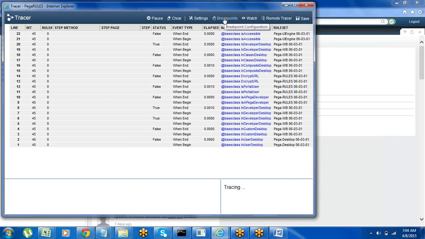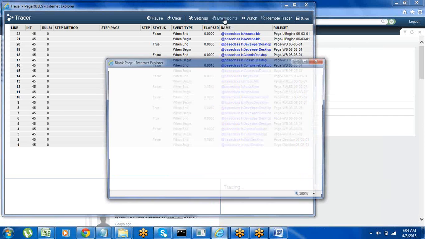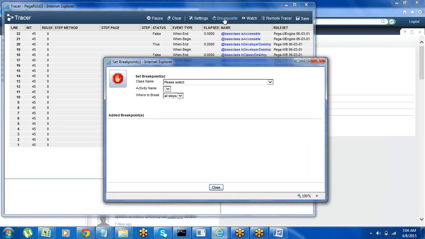And breakpoints are particularly for the activities. Only using the breakpoint option can we trace this. Suppose some 1,000 lines are there, and for every 100 lines you want a breakpoint, we will use this option.